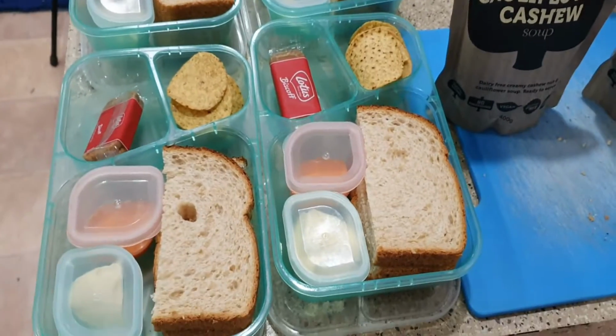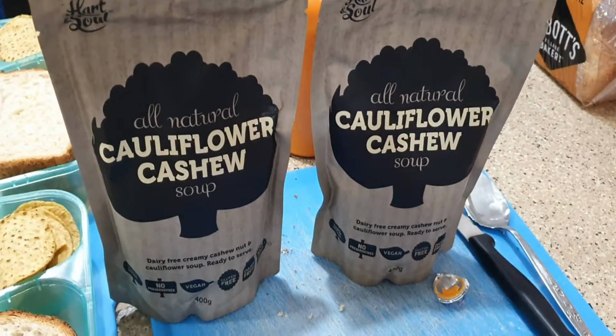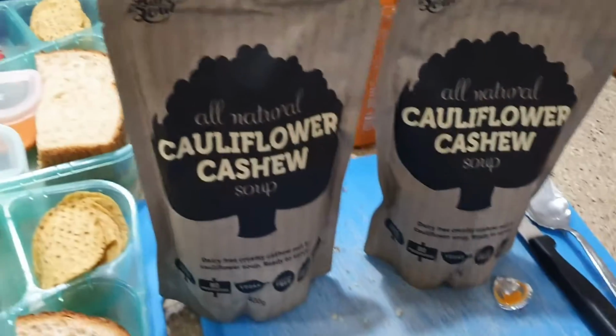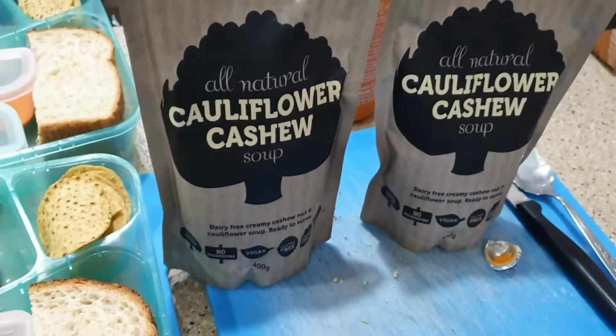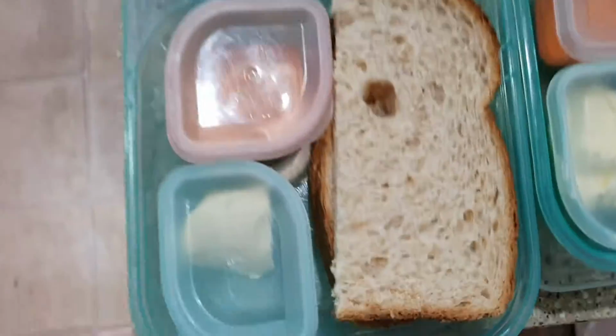Okay, so these are my lunches. I'm going to have these cauliflower cashew soups. There's 2 servings per packet, so I'm going to put them into takeaway soup mugs. And then I've got some